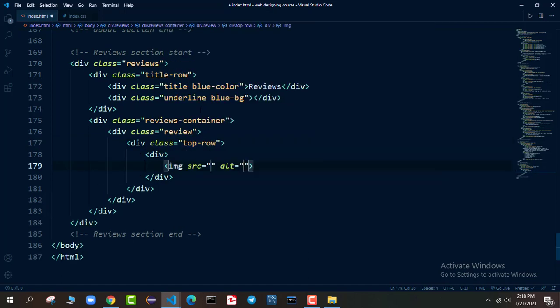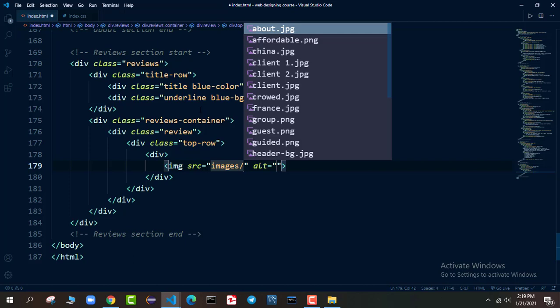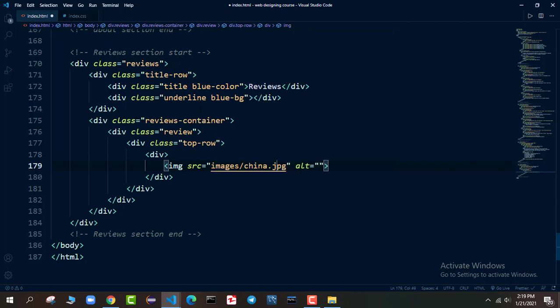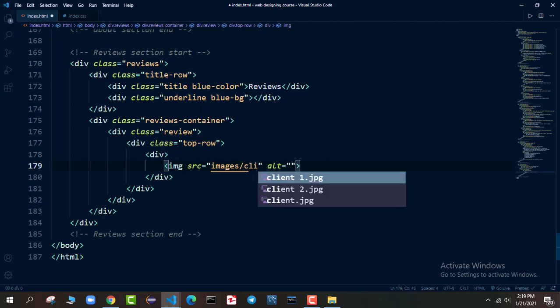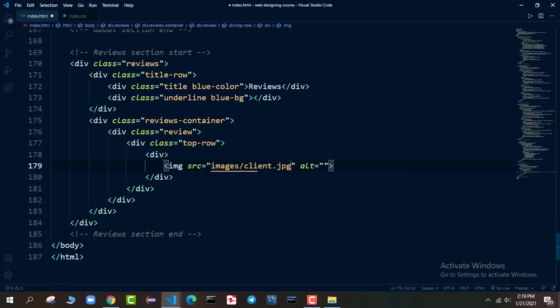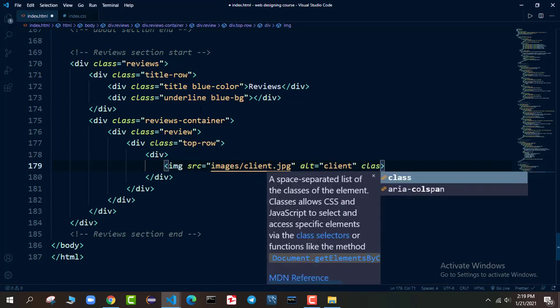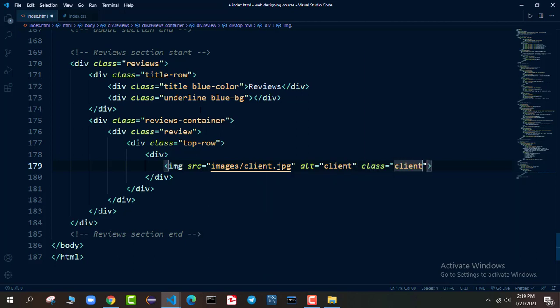Inside this division tag we have an image, and the image will be images slash client, it will be client dot jpg, and it will be client. We will put a class as client image.